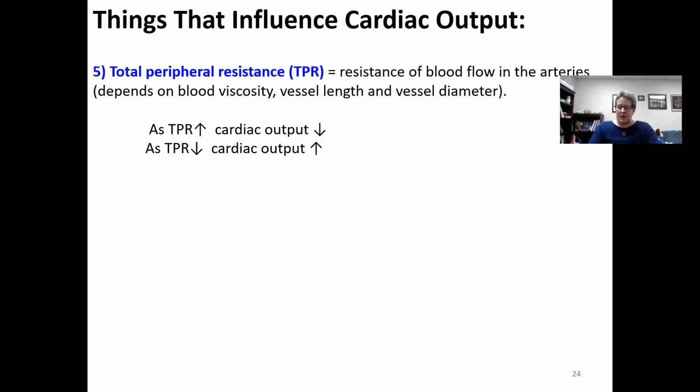So think of it this way. If someone has blood that is very viscous because they're dehydrated or they've got a lot of proteins or albumins dissolved in it, that blood is going to be relatively thick. The resistance of that blood moving through the blood vessels like a plastic tube is going to be very high. And so the heart has to work harder to contract and eject blood that is thicker in nature. So as resistance goes up, cardiac output goes down